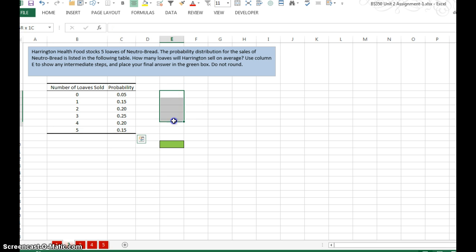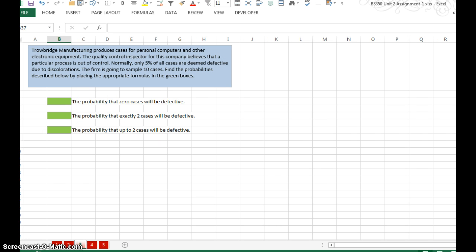And so you'll put those products here. And then in the green box, you're going to sum these, and that will tell you the average number of loaves you can expect to pay. So make sure when you do the reading, you review the information on page 35, and that'll work out for you. Now, problem 3,